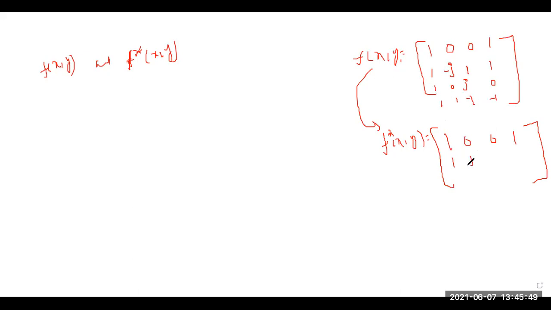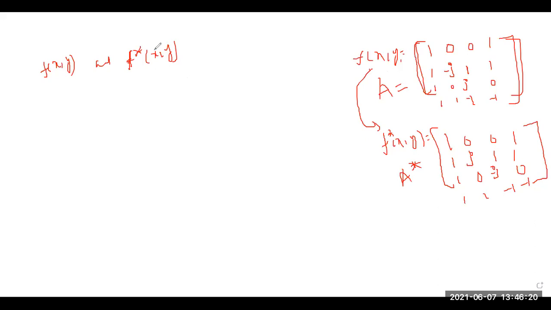Now 1, it will be j. The sign will be interchanged. Minus j will be plus j. 1 1. Now it will be 1 0. Now what happened? The plus j will be minus j. The 0. Now 1 1 minus 1 minus 1. Now suppose this is the original matrix, A. Now this will be a conjugate matrix, represented by A star. Now this is called conjugate. Clear? So what do you mean by conjugate?